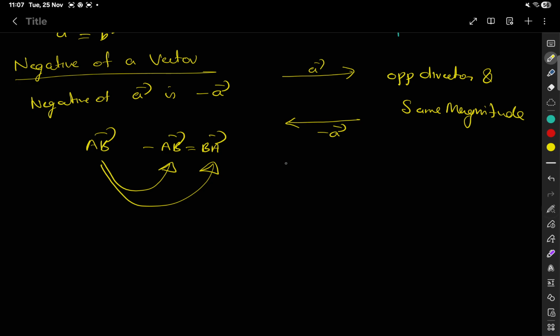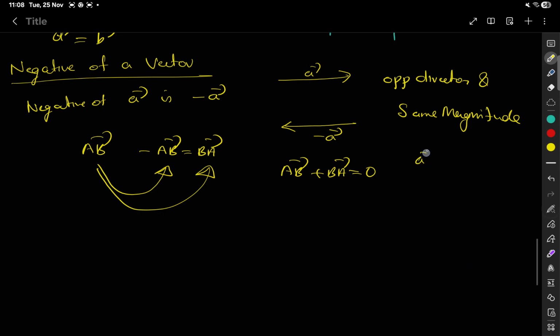Okay, clear? And if I add AB and its negative, what will I get? 0. If I add A and minus A, what will I get? 0 vector. That's the negative of a vector. Clear? Okay, next one,